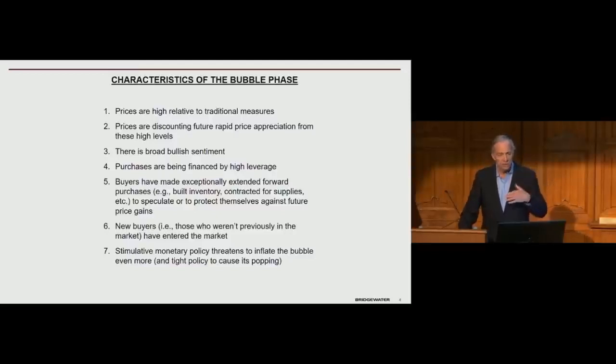Prices are high relative to traditional measures. I won't embellish quite on each one of those. Maybe I could take it in your Q&A, but I want to give them to you quickly. Prices are high relative to traditional measures. Prices are discounting rapid future appreciation from these highs. What I mean by that is